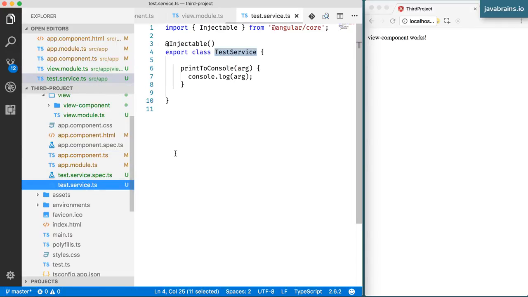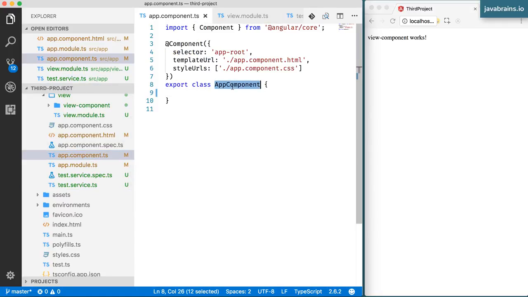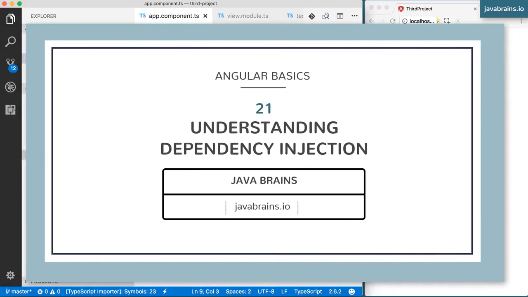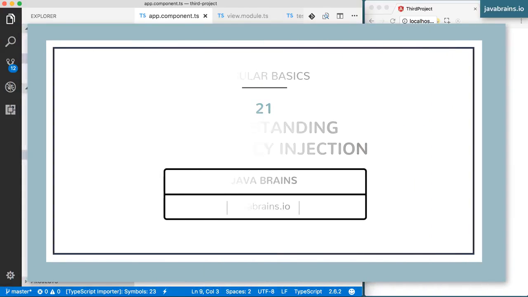So we have a class here called test service, which has a method. Then you want to call this method from another class called app component. What's the easiest way to do this? Well, the easiest way to do this is to create an instance of the class and then call the method